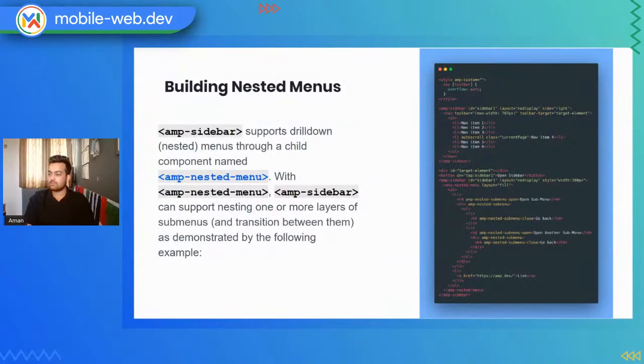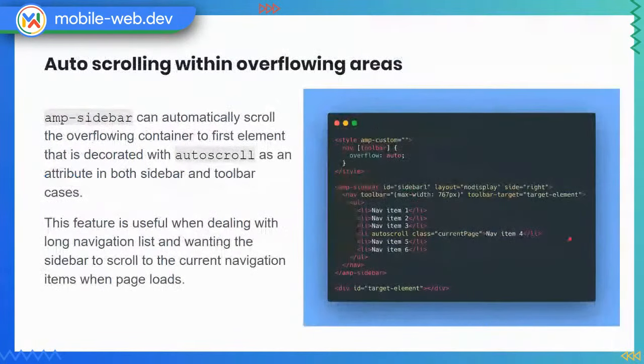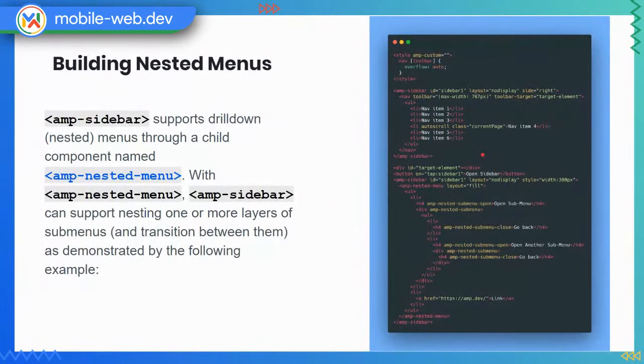And you can also build a nested menu just using the unordered list and ordered list. Let me zoom in so that you can see the whole code over here. I don't know if you can see it clearly, but you have a simple AMP sidebar, and then you put a nested menu list using the unordered list and ordered list. You can also use this unique component that comes with AMP sidebar, called AMP nested menu, which also helps you create a very good nested menu for your AMP story.